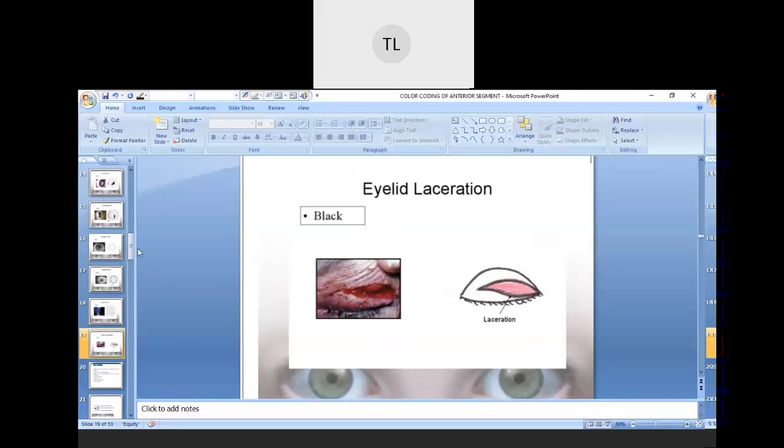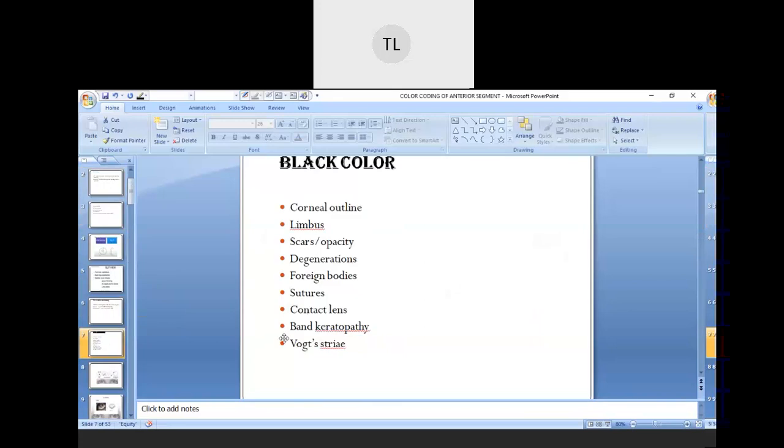So now I have a question. In this slide I have mentioned a term that is called the Vox try. Can anyone tell me what is Vox try? These small terms like corneal scar, corneal opacity, degeneration, sutures, band keratopathy, I'm not going to explain to you, because you have already studied them in your previous semester. But for the definition and all, if you want to have a diagnosis of this, you need to have knowledge about what this is and what the causes are, so that I can include it in your exams as well. I can ask you in a 1 mark question, what is a Vox try? So now tell me what is Vox try, any one of you?